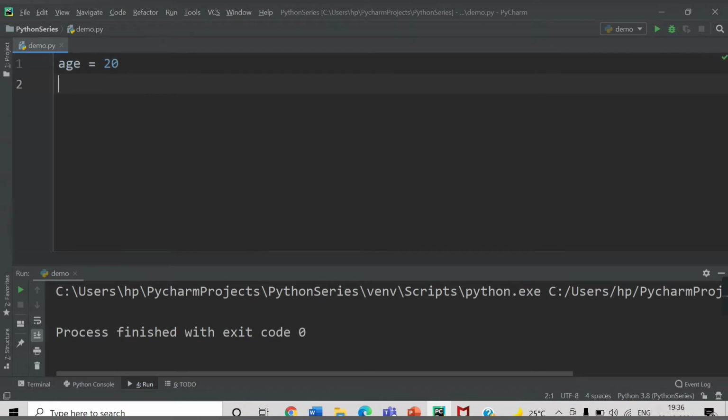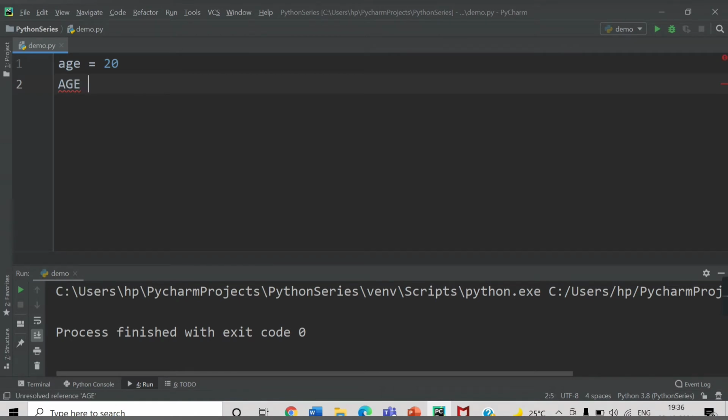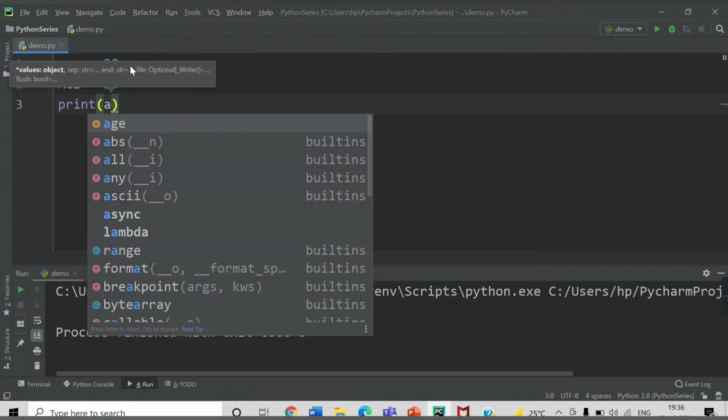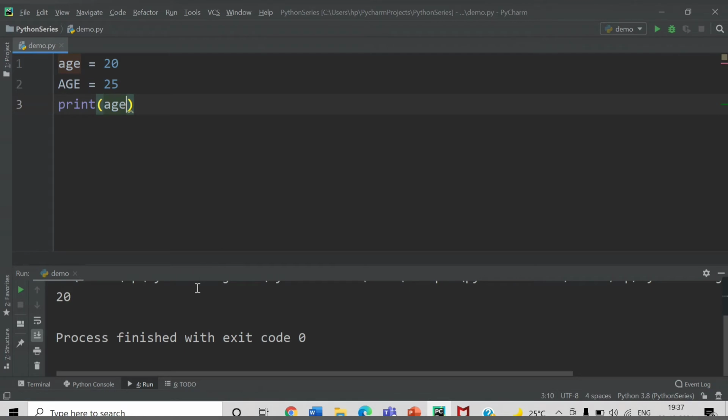Now let's say I have another variable in uppercase, AGE, with 25. And I print. You need to use the print function, and let's say I want to print age. If I print age, save it, run. See, 20 is being printed as the age variable is storing this 20 value.